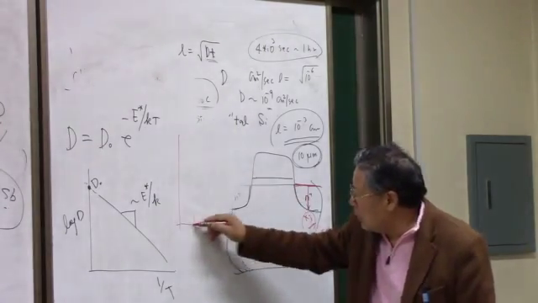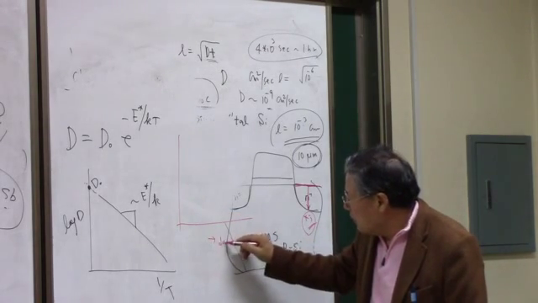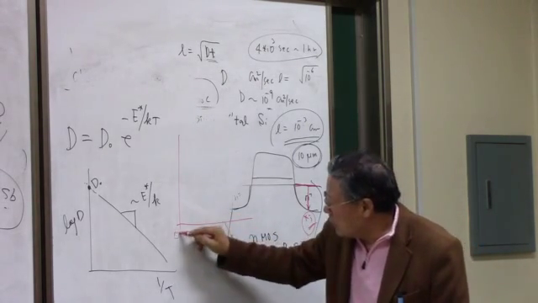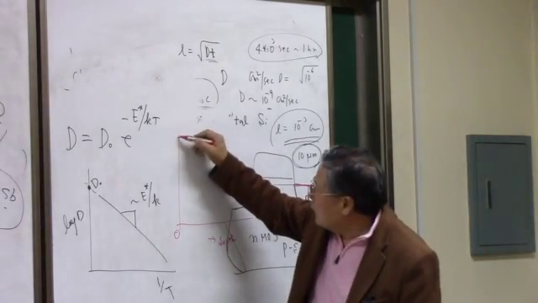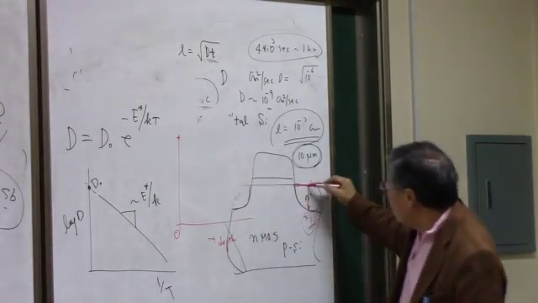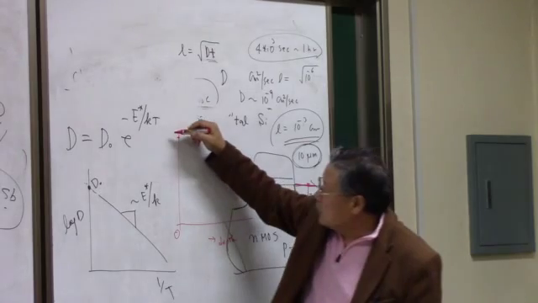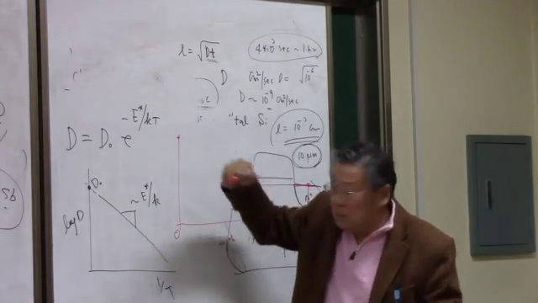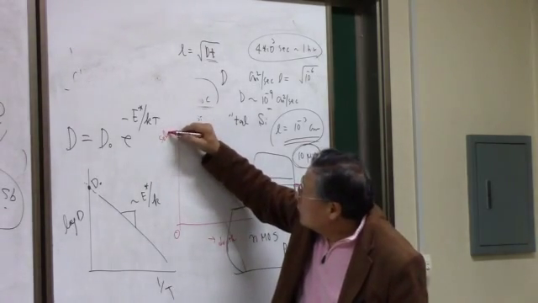So if you plot, this is the depth, and this is the surface, okay, and then at the very surface here is going to be limited by the